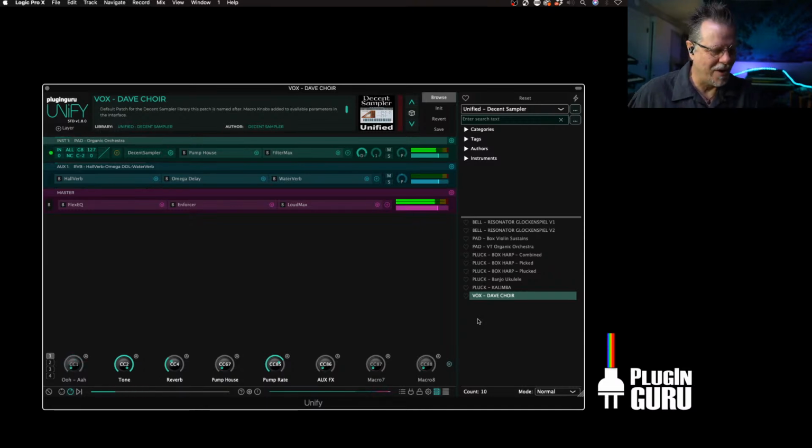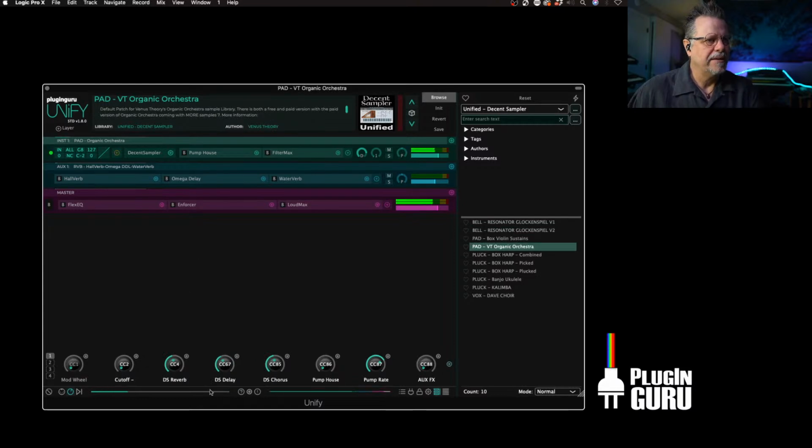Dave sampled his voice. So if you own a decent sampler and you own these libraries, then when you choose these, the resonator glockenspiel will load. Now, this is another case where